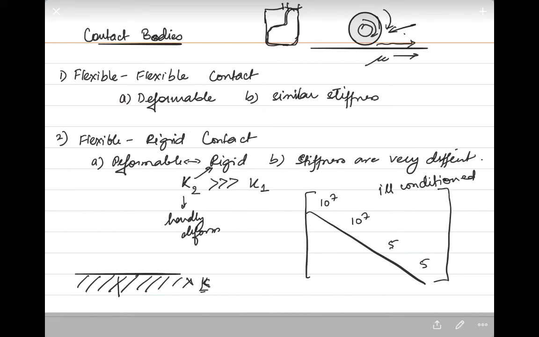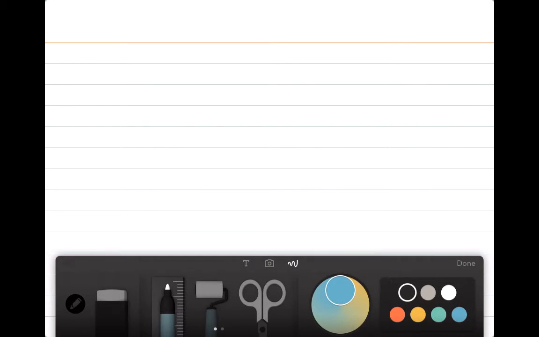Now the way the contact is always applied in an analysis is not just by searching and then applying a certain force, but there also have to be some rules that are set up on which body behaves as a master and which body behaves as a slave. So this is a classical way of describing a contact analysis, and that requires the definition of master-slave surfaces